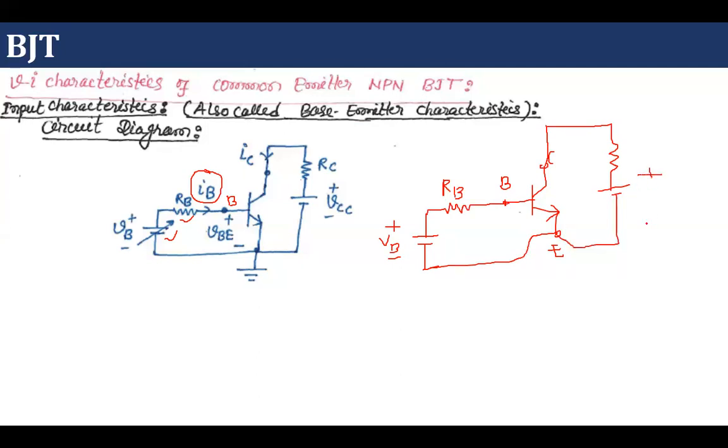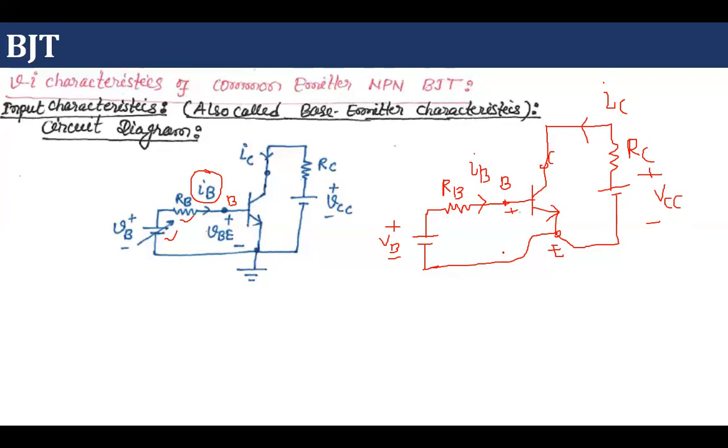Since this voltage is connected to the collector terminal, we'll say this is VCC, this resistance RC, and the current which is going to flow from collector to emitter is known as IC, collector current, and this current will be IB,